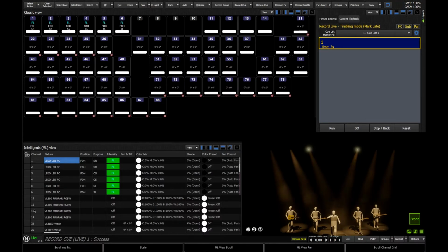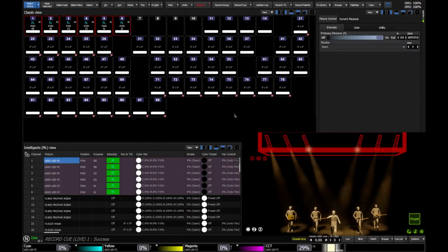And you can see there that that cue has indeed been recorded, because we can see that that was successful in our command line. This time I'm going to go and grab those fixtures again. An easy way to grab those fixtures, I can just go ahead and say select active. That's going to select everything that's currently on. And this time I'm just going to go and say Act 5, enter, to take